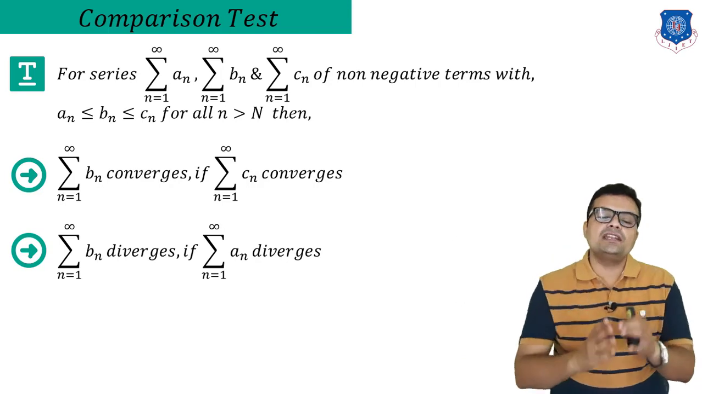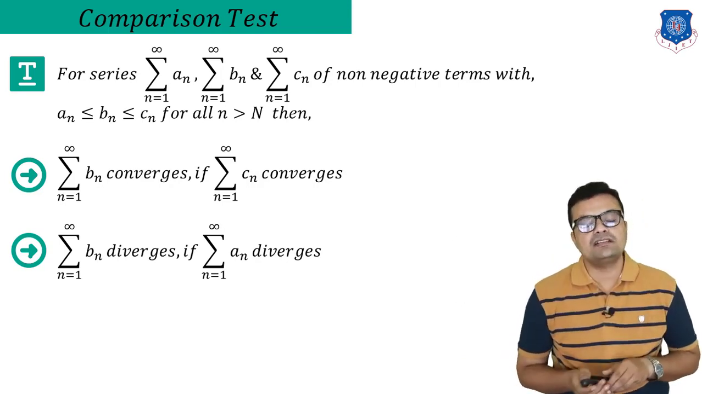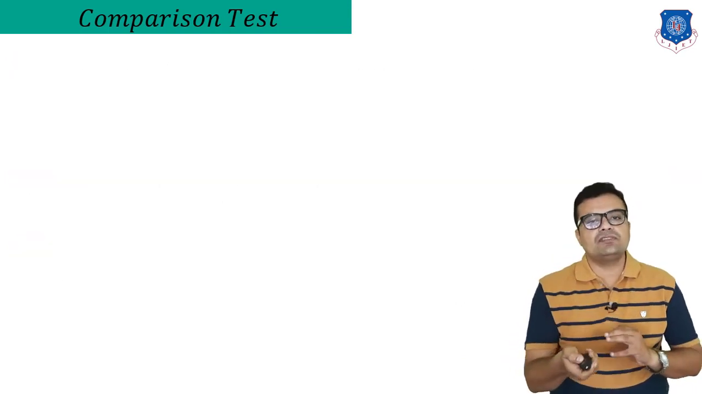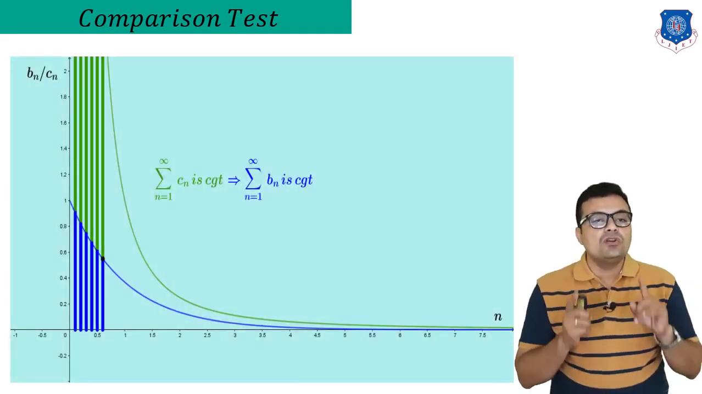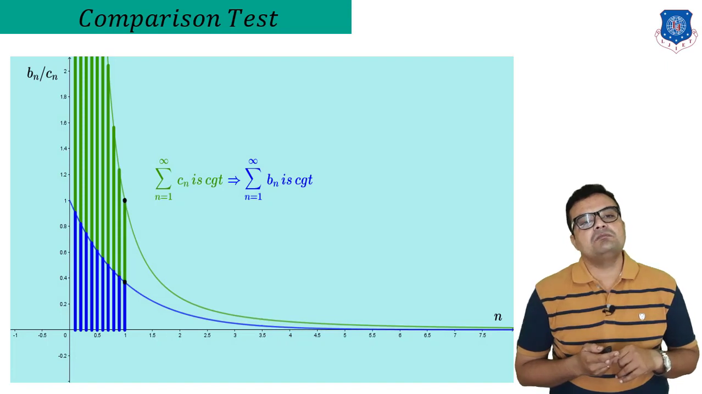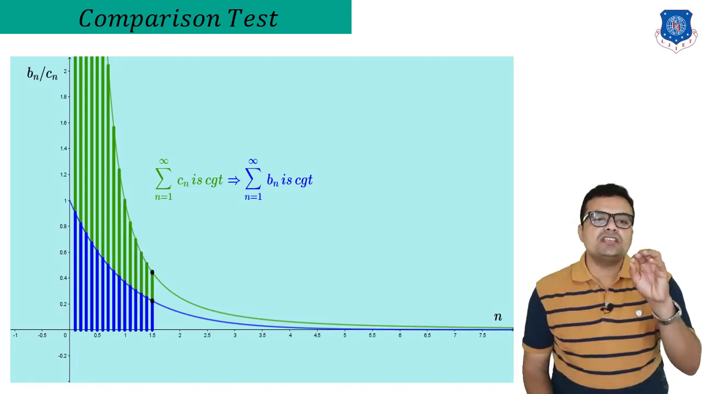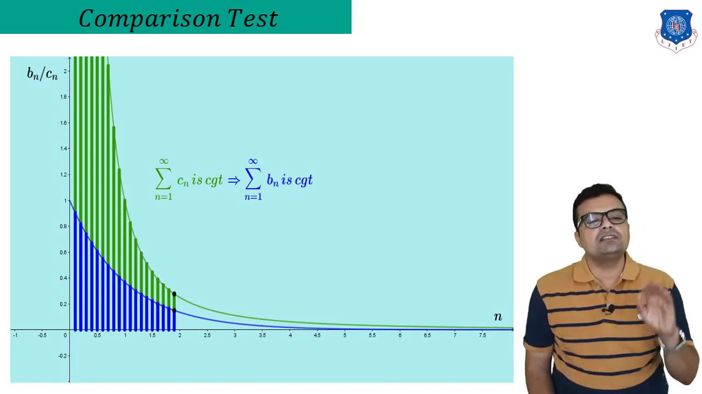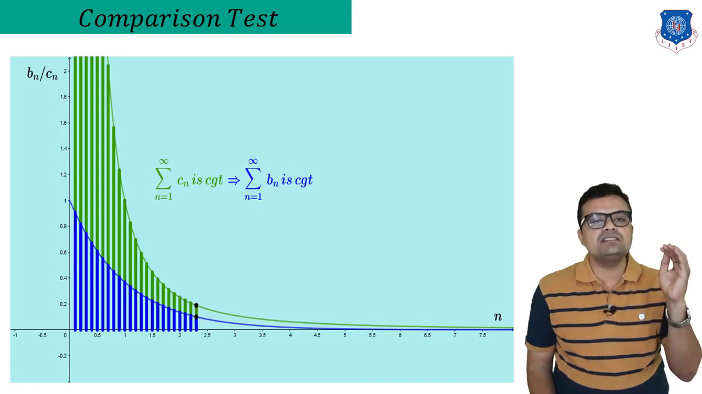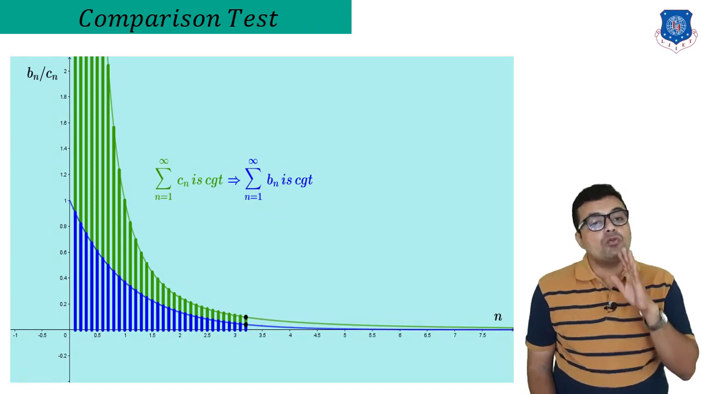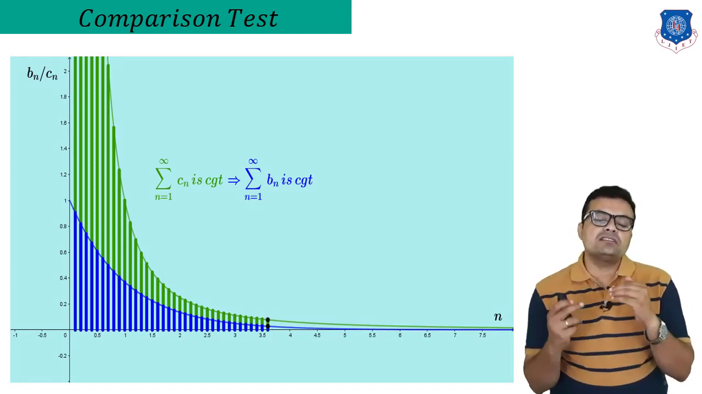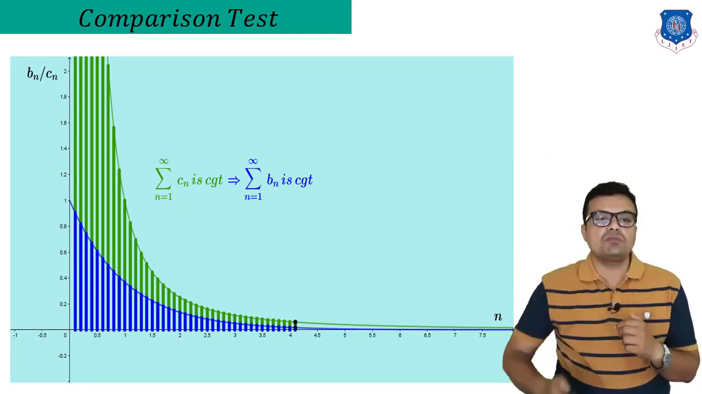So this is the whole idea of divergence using the comparison test. We'll also see this graphically to make the comparison clear. First of all, I am taking an example of convergence. Now see here, I want to prove that this blue series, represented by Bn in blue color, is convergent. So what I did is I considered a super series, which is given by Cn,